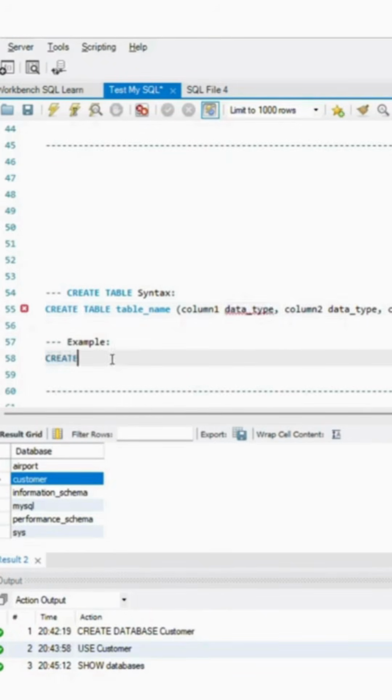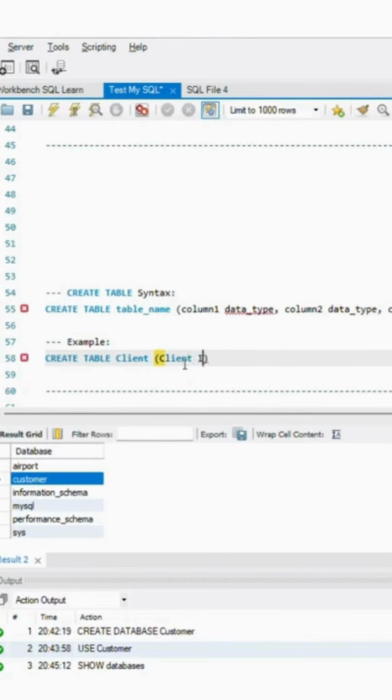So now let's create a new table. First I'll type create table, and next comes the table name. So now we can put client, just client. Okay, our table name is going to be client, and then I'll open the bracket, and here I'm going to add all the columns that I'm going to have. First would be client ID.